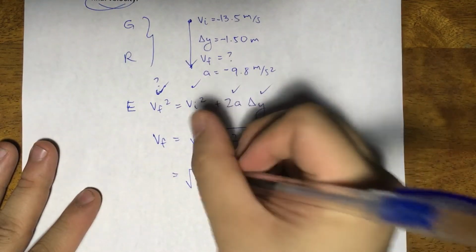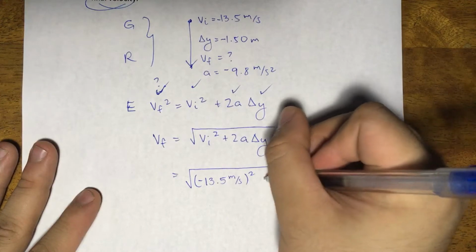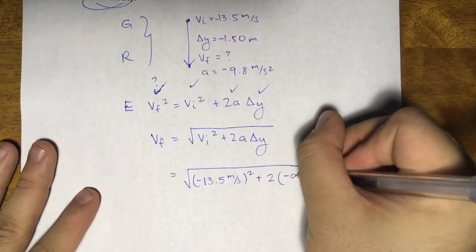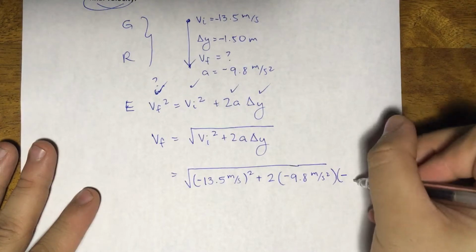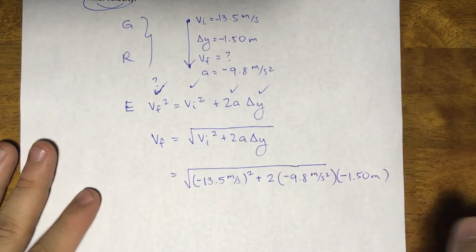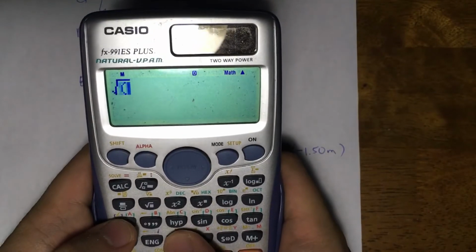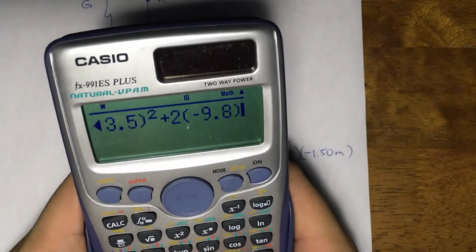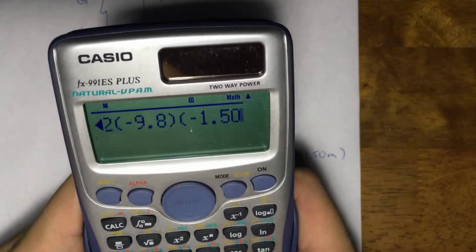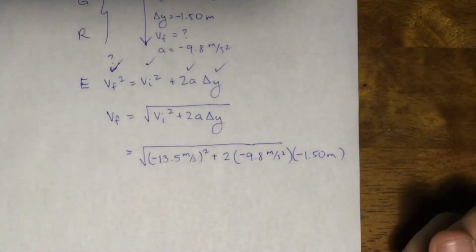So, VI is negative 13.5 meters per second, square the entire thing, plus 2 times negative 9.8 meters per second squared, times negative 1.50 meters. Okay? So if we get our calculator and plug this in real quick, so that's negative 13.5 squared plus 2 times negative 9.8 times negative 1.50 gives us a value of 14.5481 meters. Okay, so VF